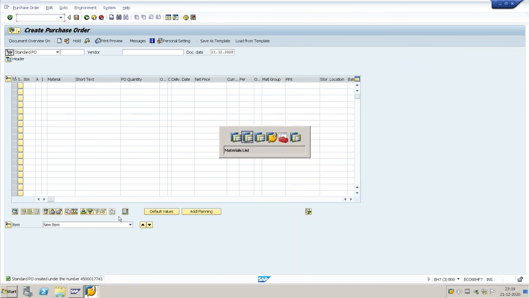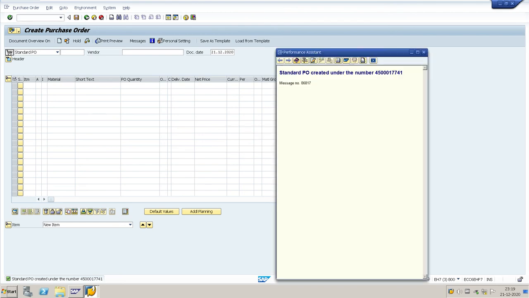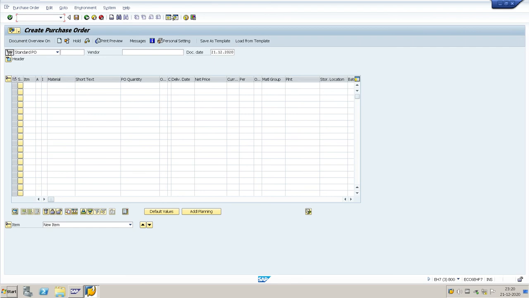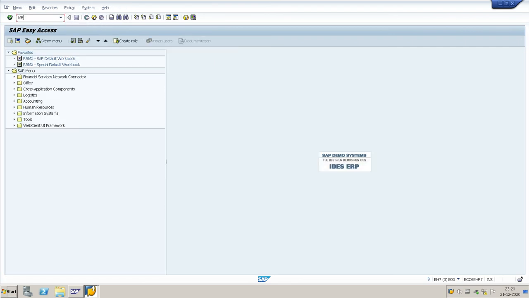After completion, the PO number is 17741. Now you go to goods issue to the subcontractor, T code MB1B.